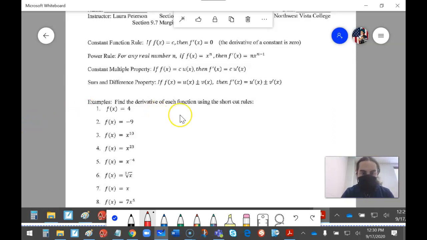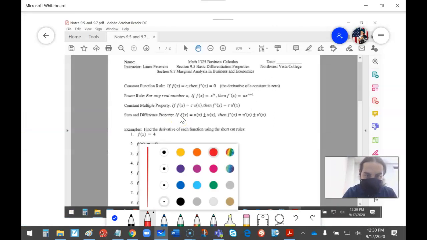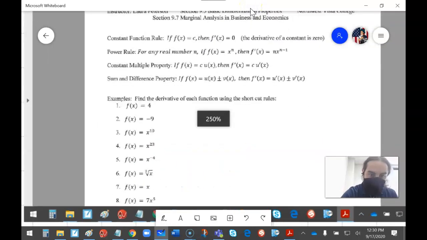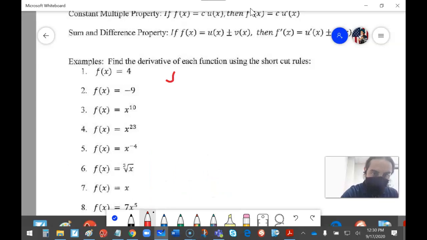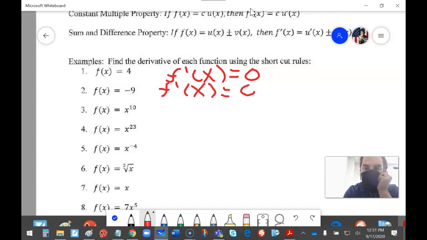So find the derivative. Let's write it. So f prime x equals 0. All right. Same thing with number 2. If it's just a regular number, f prime of x equals 0. Anytime there's a constant, that's what you do. Now for this next one,